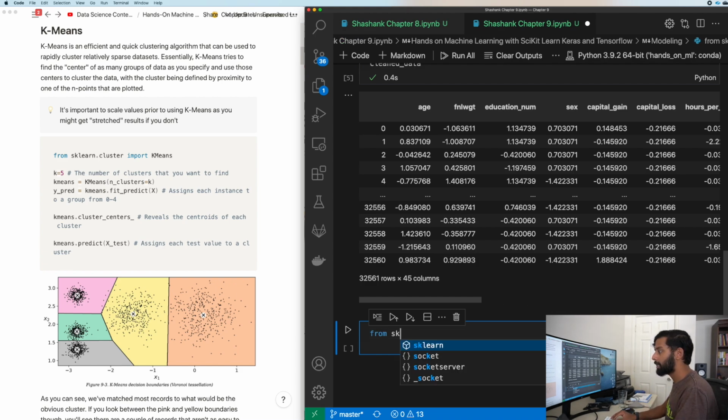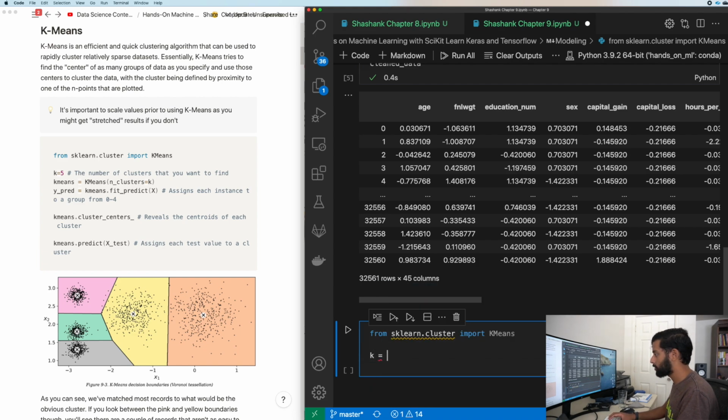So from sklearn.cluster import KMeans, and then let's just say k equals 2 for now, and we'll change this in a minute. K is the number of clusters we want to find. And let's say kmeans equals KMeans, and then n init, I think, is the variable, is it?